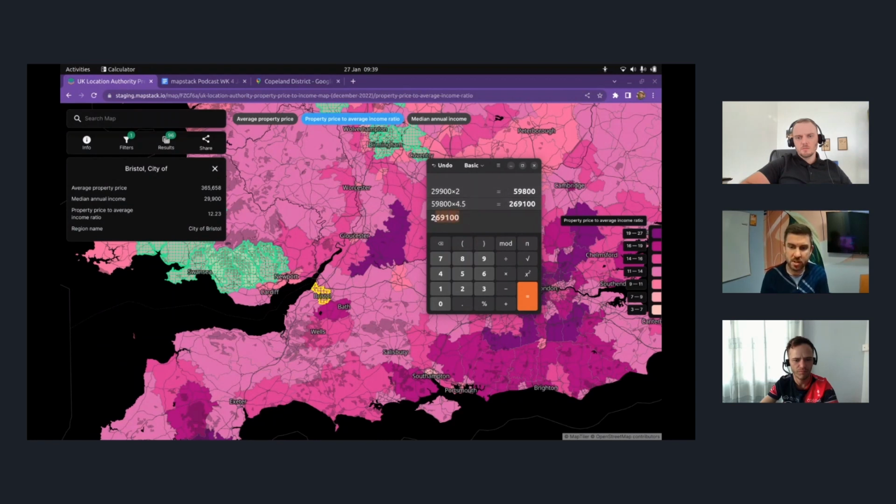So 269,100. And let's say the median property price is 365,658. And then let's subtract what we can get in a mortgage. So here in Bristol, the average couple to buy the average house is going to need to save up basically a £100,000 deposit to make that happen,